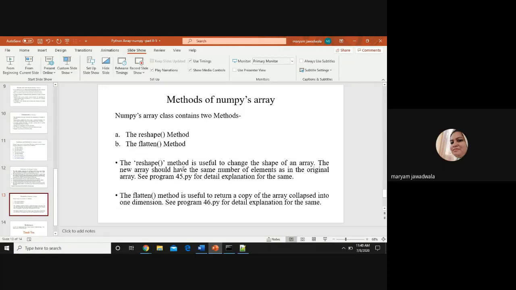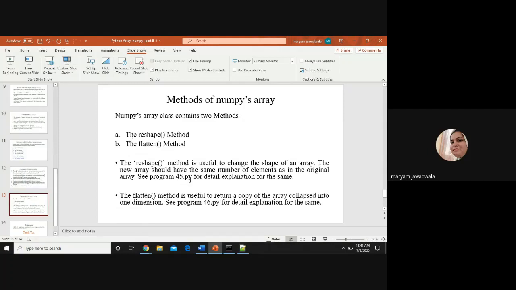The reshape method is useful to change the shape of an array, right? You know what the shape of the array is, right? The new array should have the same number of elements as the original array. Suppose I want to change the shape of the array. If the previous array is a 1D array and I want to convert that 1D array to a 2D array, or suppose a 1D array is there and I want to convert it to a 3D array, then I can use the reshape method, right?